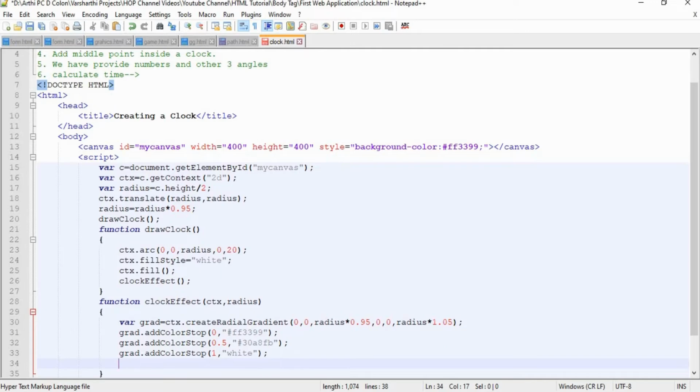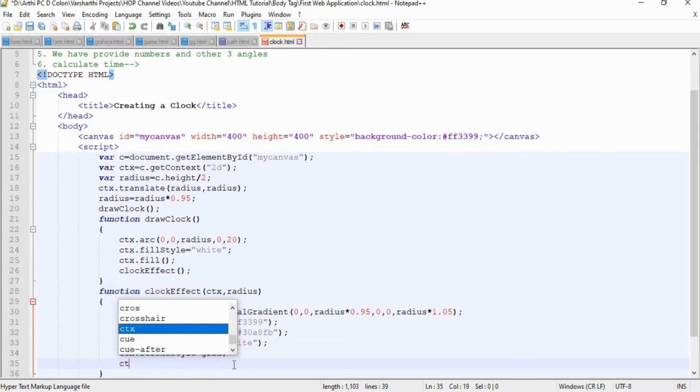Now we have added the colors and we need to provide the stroke style, right? Either you can use stroke style or fill style. I want the circle to be outlined with this gradient effect, hence I am using stroke style.